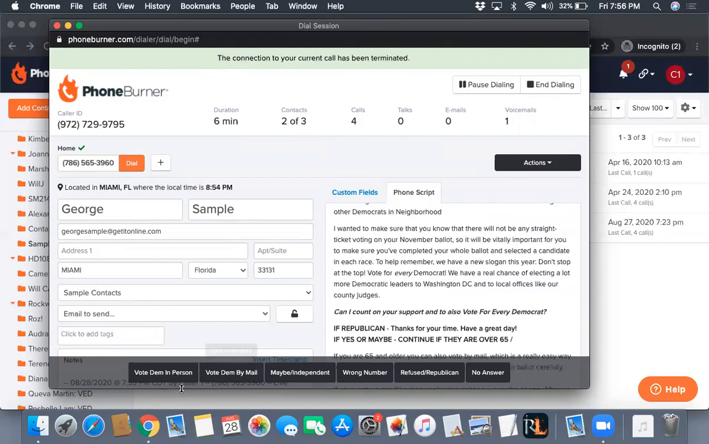So the buttons that we have down here, vote Dem in person. So if you talk to a person and they say, "Yes, I will vote for every Democrat. Thanks for calling me and giving me this information," and try to figure out how they plan to vote. Obviously, if they will vote in person, you'll click this button. If somebody plans to vote by mail, and they plan to vote a straight ticket, you'll click the Vote Dem